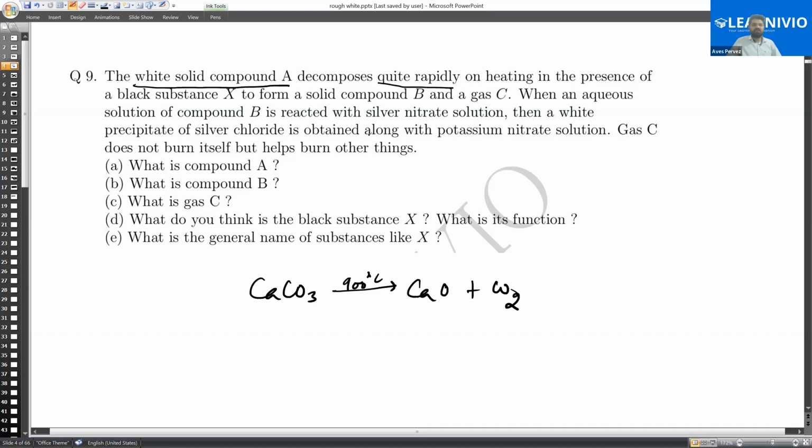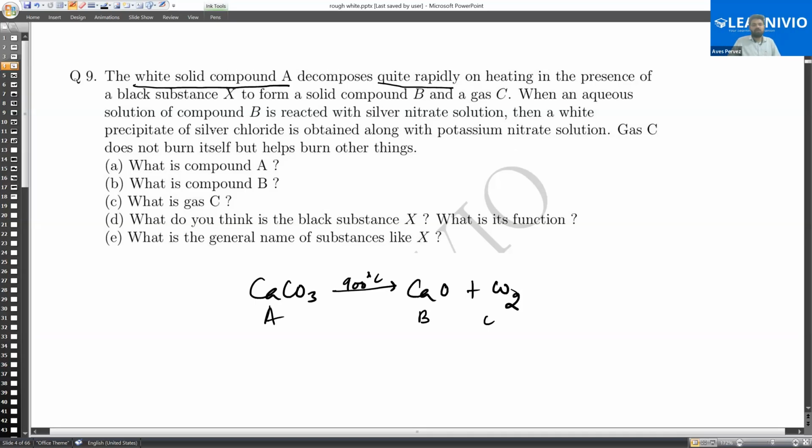Let it be. For instance, let this be compound A. Suppose this is B and this is C. Just suppose. Don't write it. This is not the answer. I'm just explaining to you what happens if you think that A is calcium carbonate. Okay, now what it is saying here is that